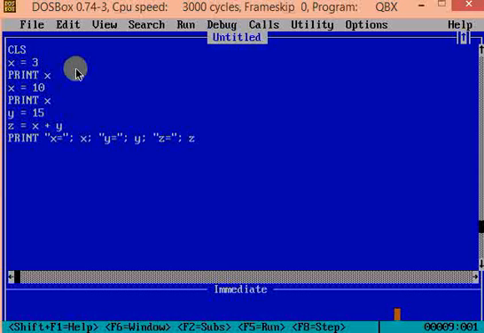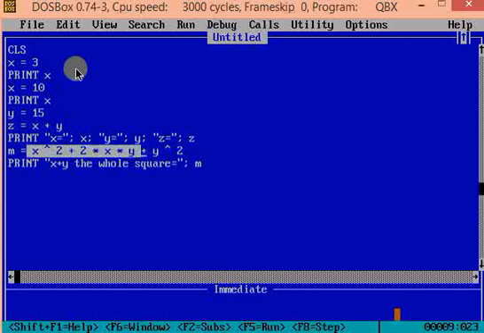Let's do a few more. M is equal to x square plus 2 into x into y plus y square. Print x plus y whole square is equal to m. This is the exponent operator. As you can see, this is a formula of x plus y the whole square. This is the expression which gets evaluated.